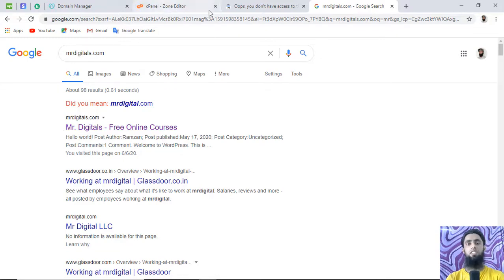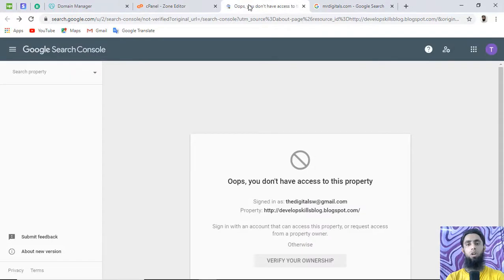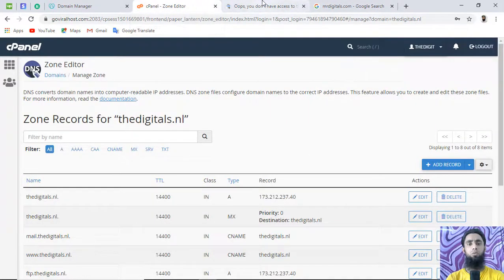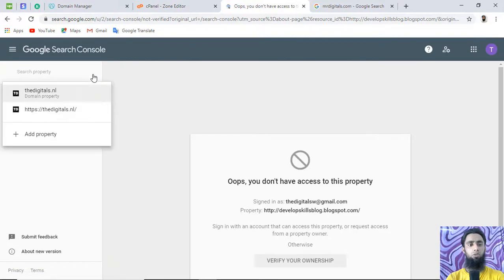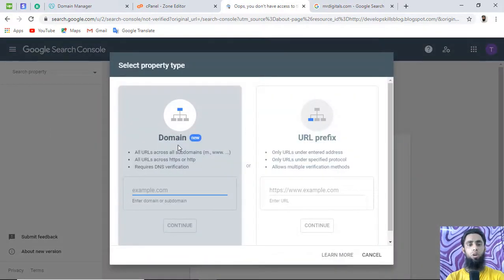So in the same way, after some time, I have actually verified all the things. So now what we're going to do here is, we need to wait, and then Google will automatically show it in the search results on Google. The next thing I did was the verification, and here we have two types of verification. One is on the left side and another is on the right side.